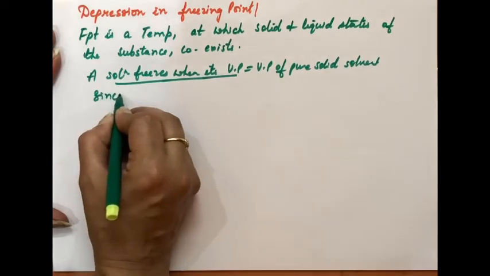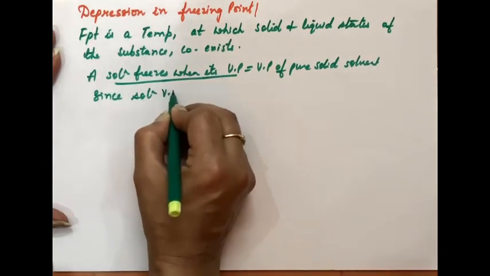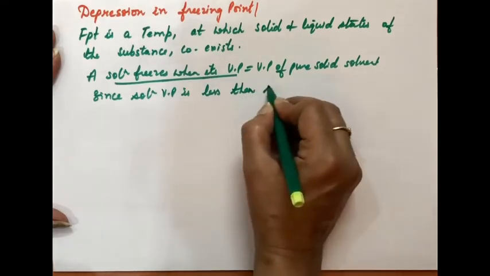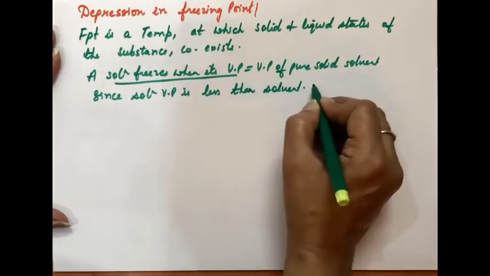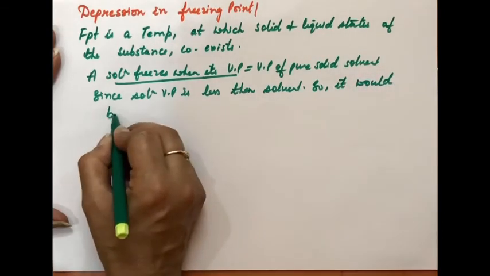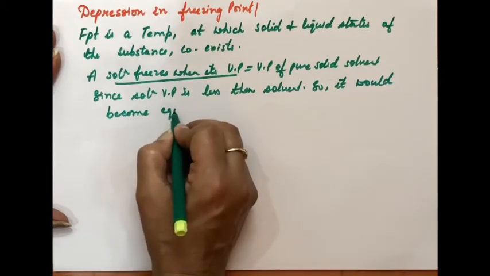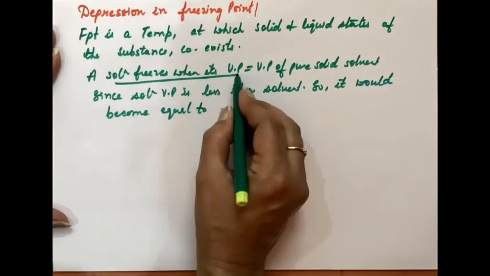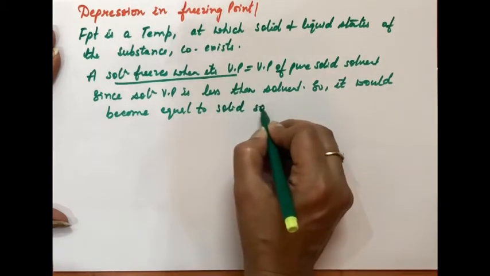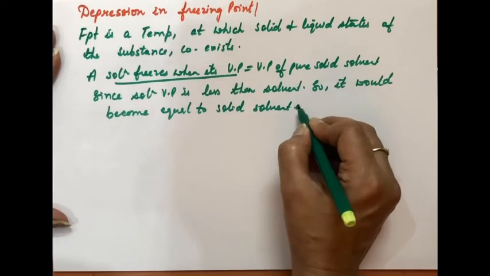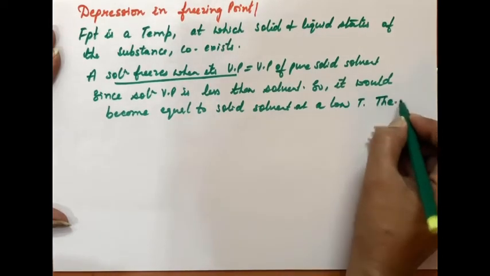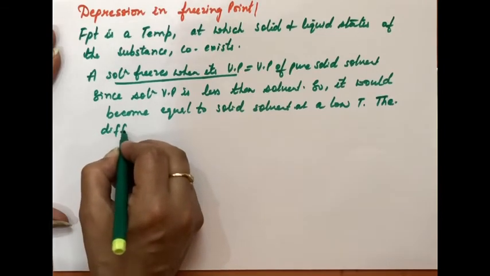Since we know that solution vapor pressure is always less than the pure solvent, this means that this vapor pressure will become equal to solid solvent at a low temperature. As compared to solvent, the freezing point of the solution will come at a low temperature,